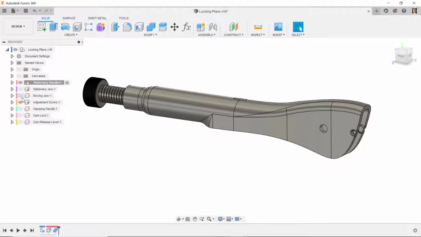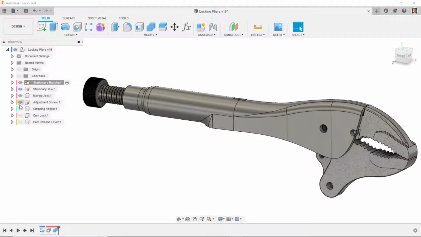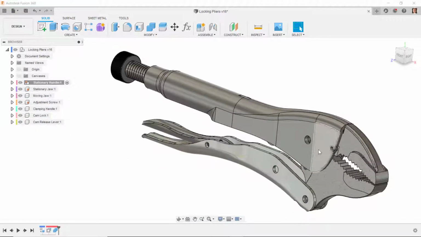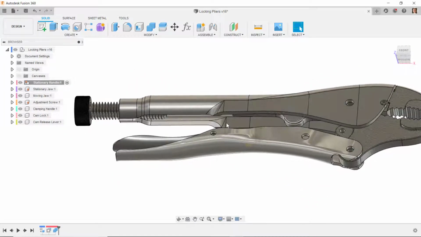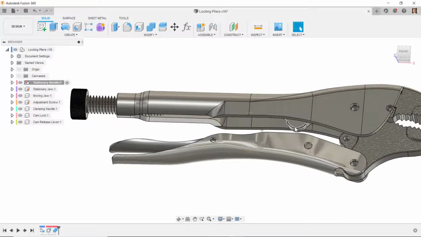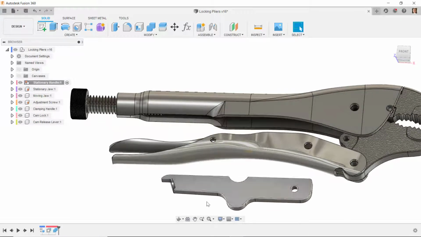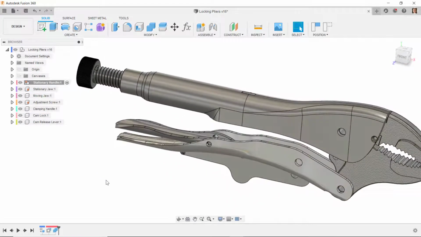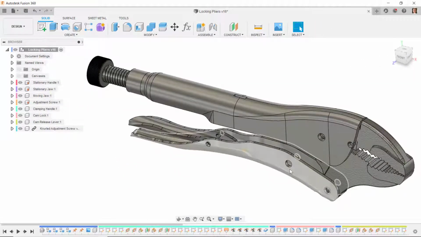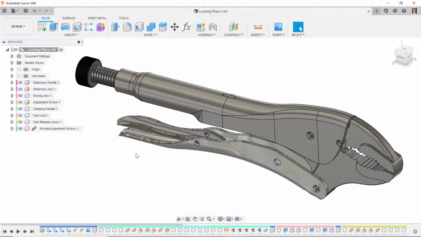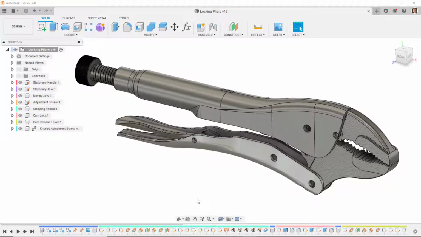Alright, so now we need to create the rivets or pins that go through here to hold these parts together, and then we'll assemble everything in the position where it should be located in the final assembly. So we're ready to model these components that hold everything together. The next component I'm going to model is the roll pin that goes through here,